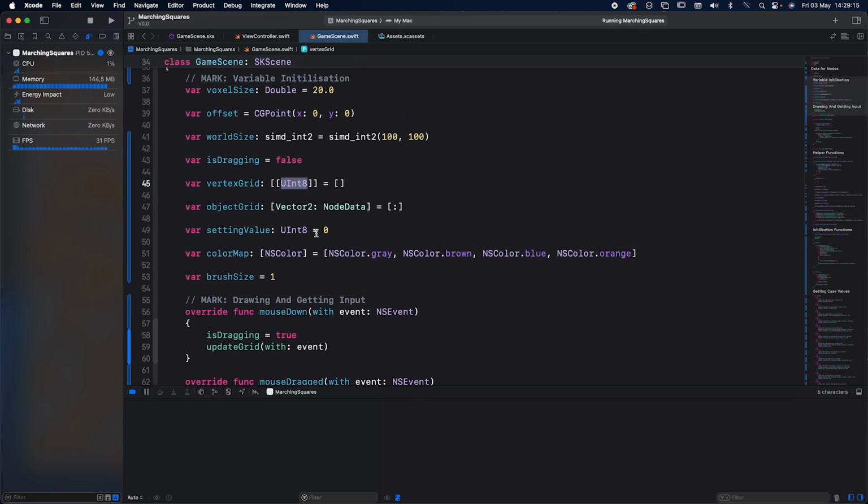But you just have the index. So if it's 1, it's a gray. If it's 2, it's brown. If it's 3, it's blue. So on and so forth, for however many colors you have. But in the vertex grid,